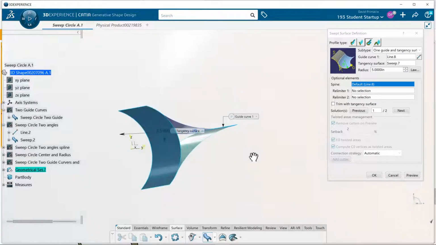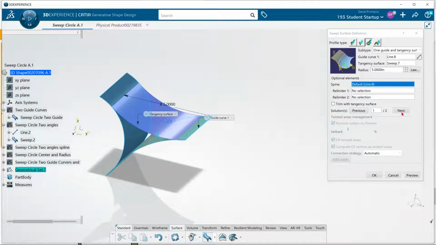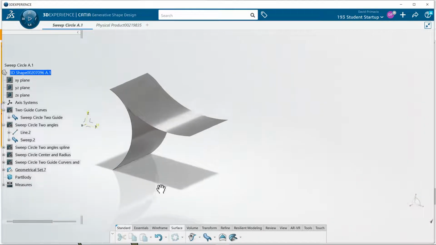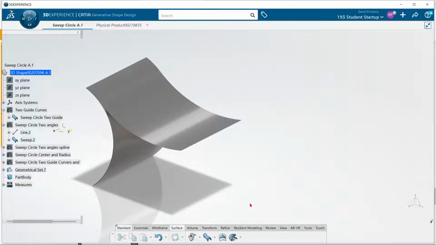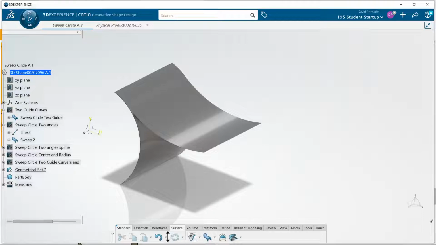You have 2 solutions. If I hit next, I believe it's the turquoise one it's going to keep. And now I've just created two surfaces that blend in together. Okay, and again, if I wanted to, I could go to